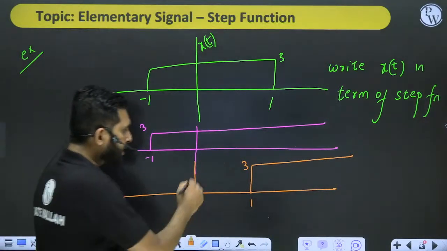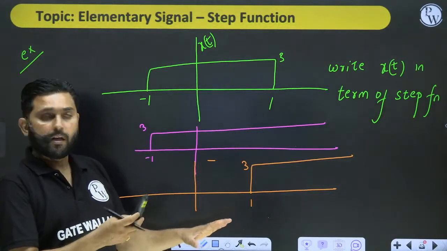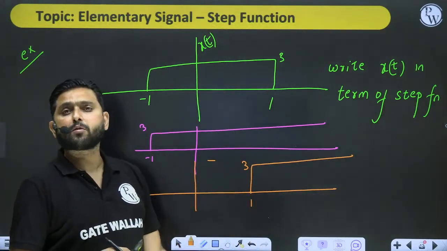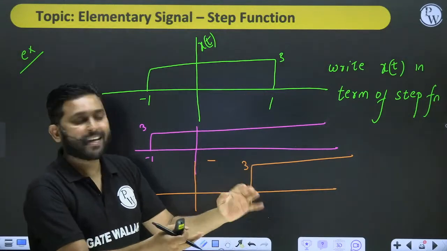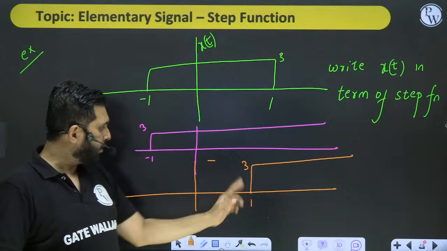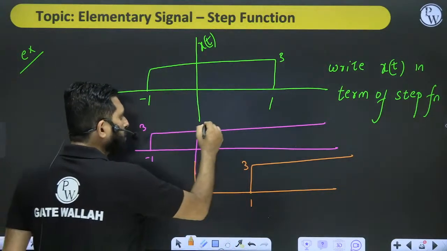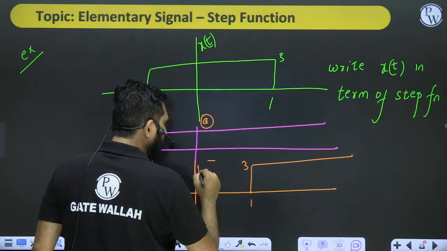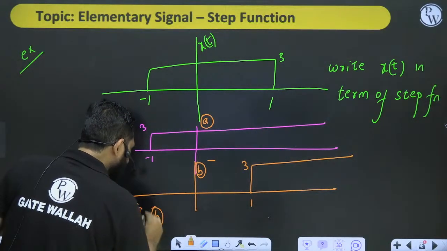Okay, if we subtract, the same thing we did for the rect function applies here. We are breaking this into two step functions. We have the first step function, and we add it to make this function. Now we are breaking this function into a step function. So if we subtract both these functions, let's call one a and the other b, then a minus b is your